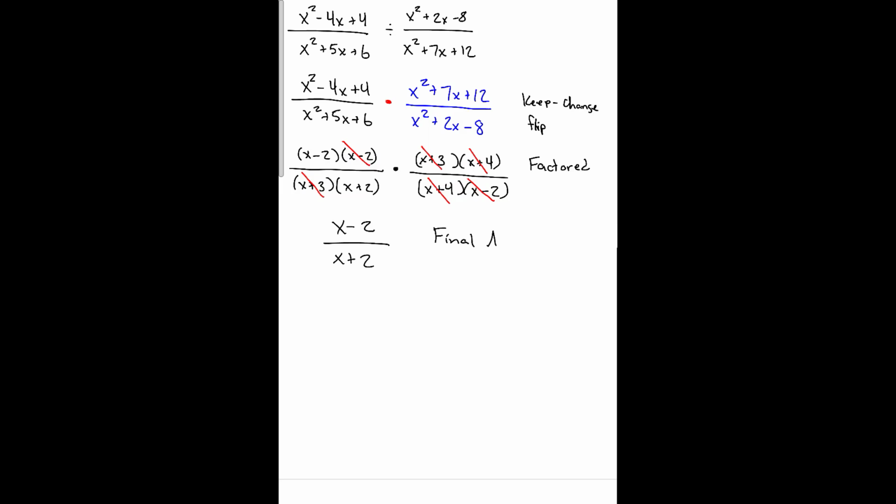Okay. Now, things to keep in mind. Review, if need be, factoring techniques. Because that's always the most common thing I see, is that students tend to struggle a lot with the factoring. And another one is dividing fractions. Okay, remember, keep,